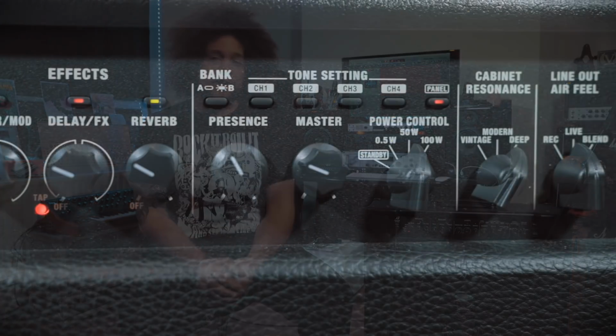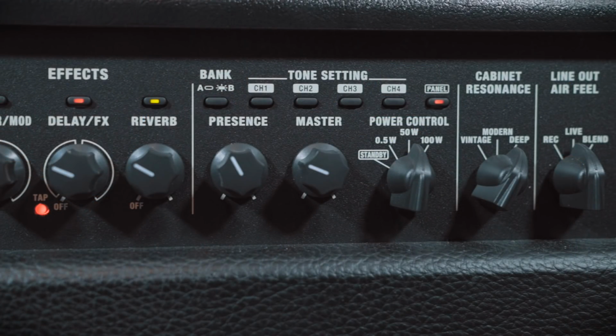Another very cool feature about the Katana Artist is now it comes with an effects loop, but it also features a foot switch that you can get as an optional addition, and essentially what it allows you to do is have 4 different channels, but then you've got 2 different banks. So in essence, you have 8 channels that you can control with your feet, and it allows you to do things like you can have clean with effects or no effects, then crunch, lead, and so on and so forth. So it's aimed at the live gigging touring musician, and I think that's really cool